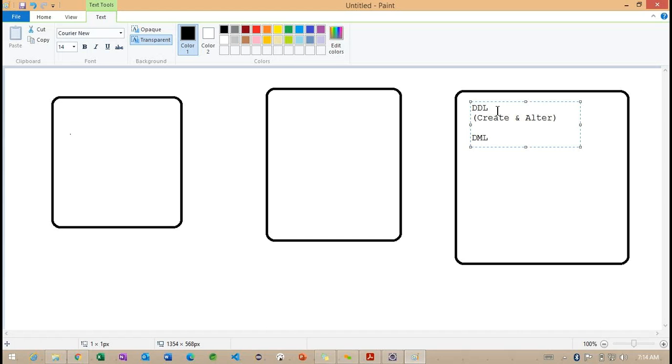Getting the point? Along with table altering, we are going to communicate with the indexes and sequences and so on. This section is inside this particular DDL.